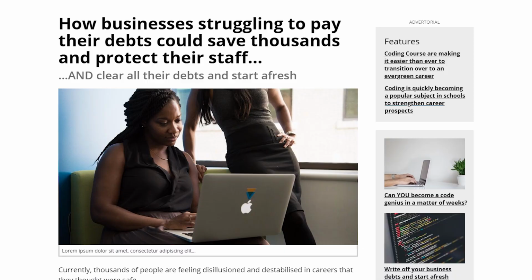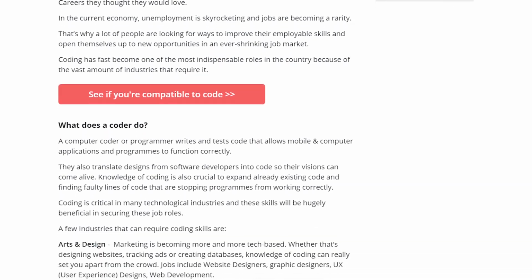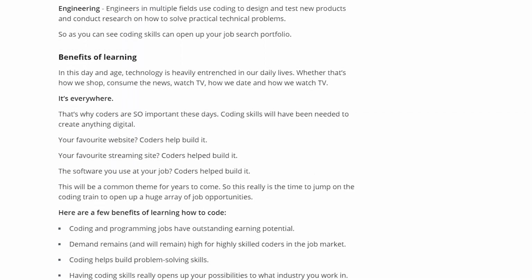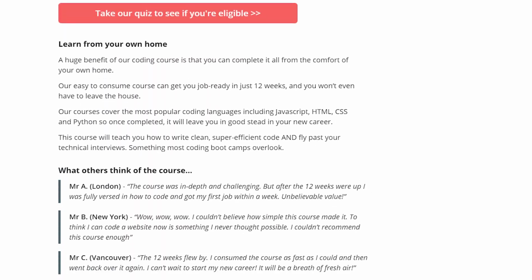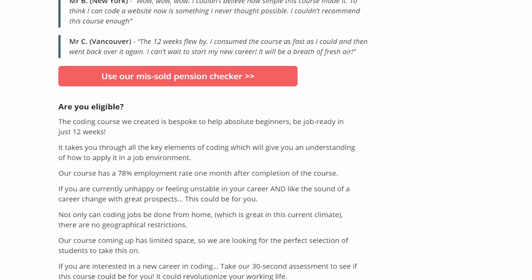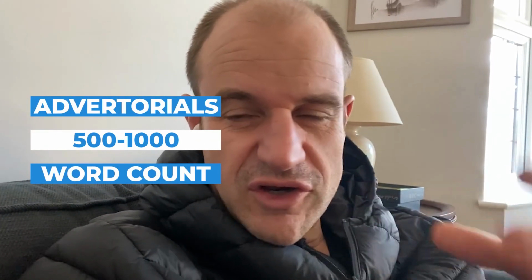The second way we're doing things is via an advertorial quiz. It's essentially the same thing at the moment. And what happens is people are sent from the ad to a longer form advertorial. So I'm not sure if you guys know what an advertorial is, but it's basically like a blog post that kind of pre-sells and warms people up to the product or service. And it's usually 500 to 1,000 words long. It's very well written. It pushes a lot of pain points and gets people excited.